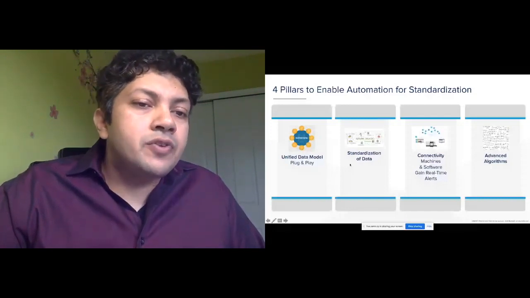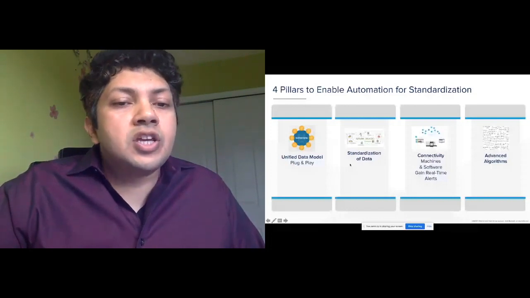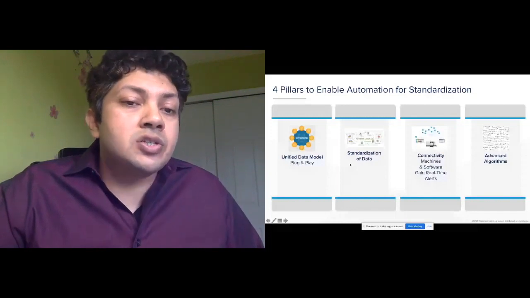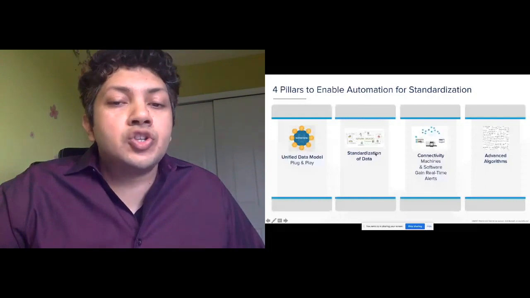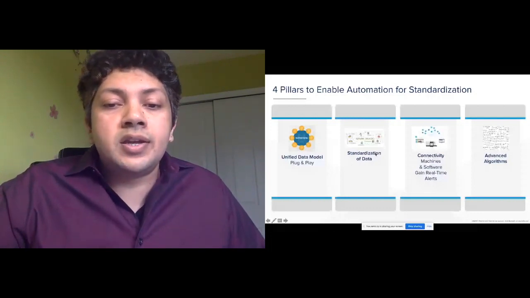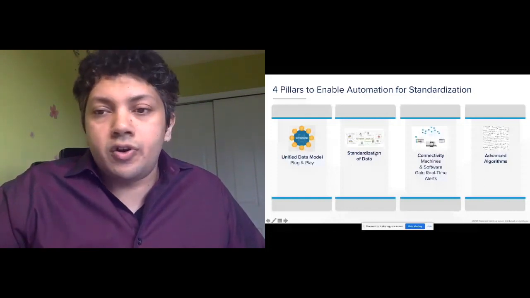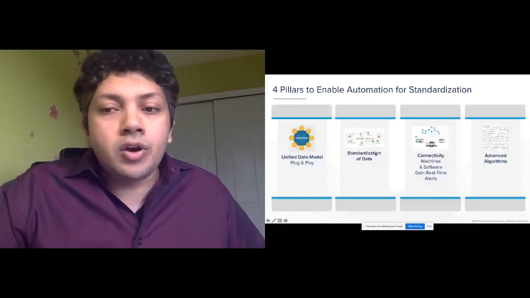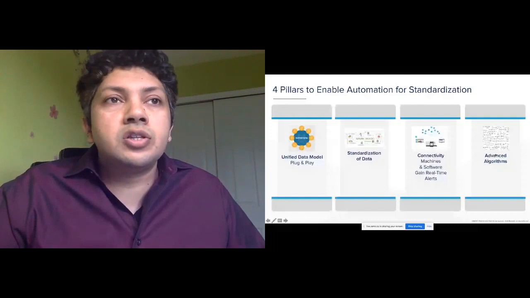For example, if it is FDM data, the data that you want to be collecting at the scheduling stage versus the build preparation stage is going to be different, and there has to be a standardized canonical format representation of that data. The third pillar is connectivity, which implies bidirectional connectivity with both hardware and software to achieve the full potential of automation. And the final pillar is algorithms, or advancement in algorithms, or capabilities to compute these algorithms